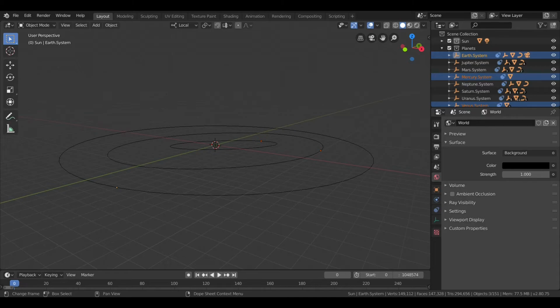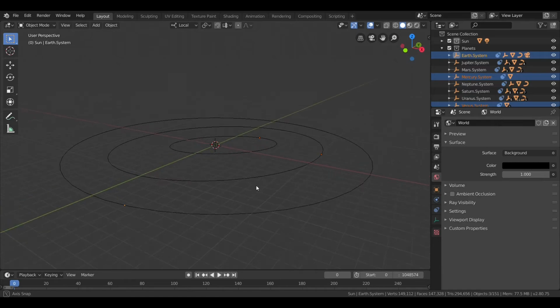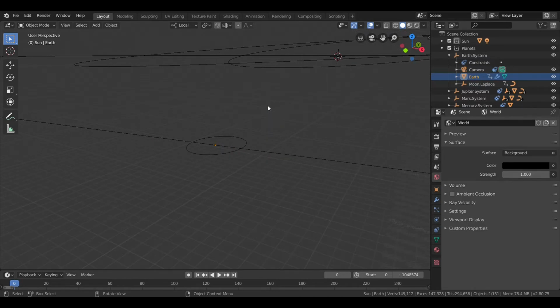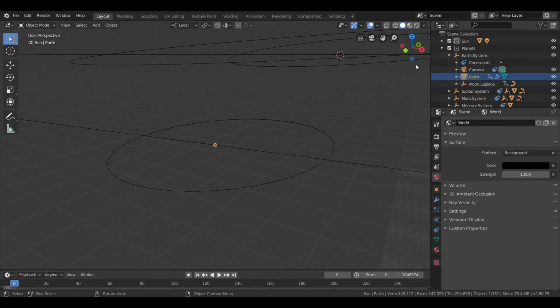So Earth orbits the Sun from an average distance of about 150 million kilometers or 93 million miles, and this distance is called the astronomical unit. Now, as you can see, I have a camera parented to the Earth system. And I have the moon here too.